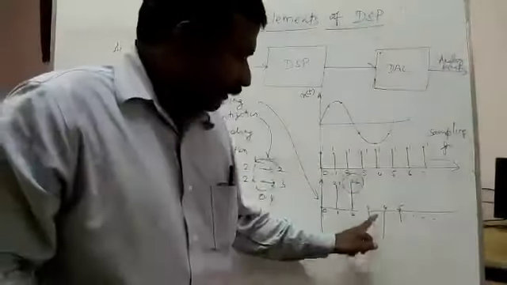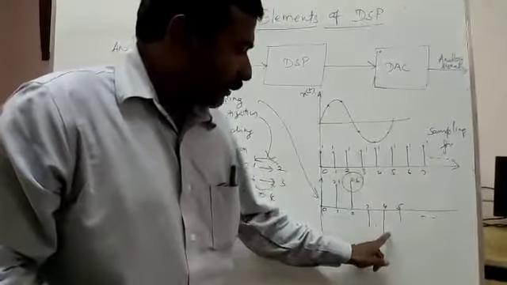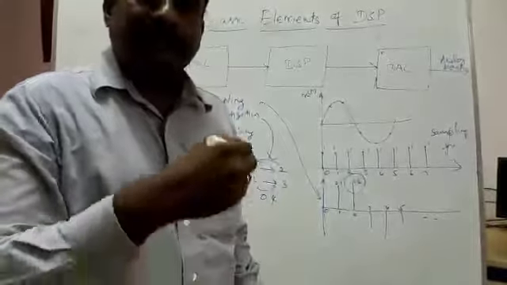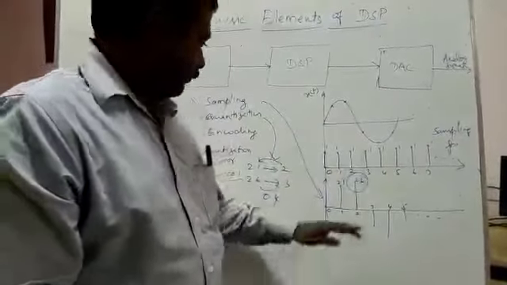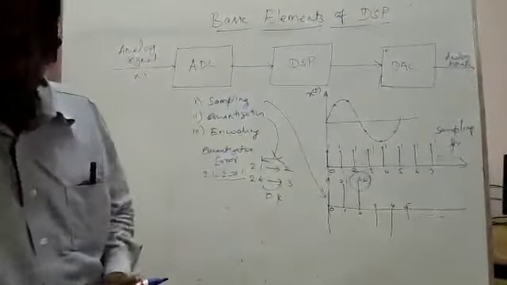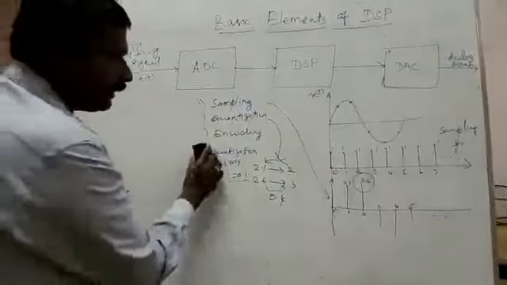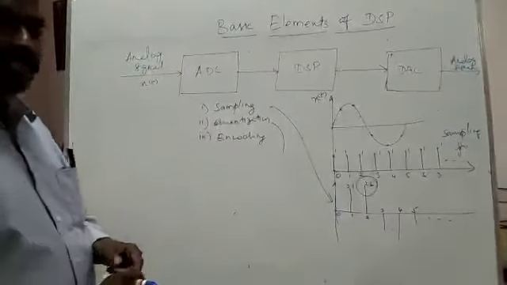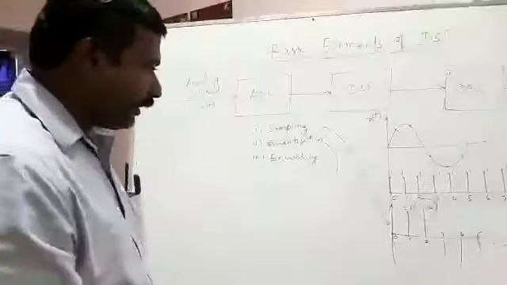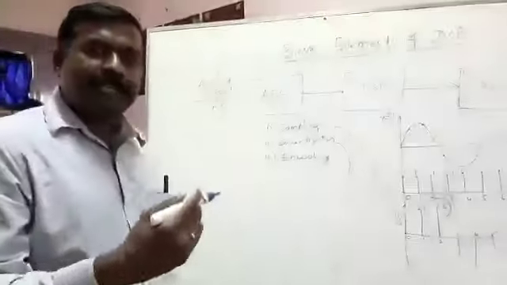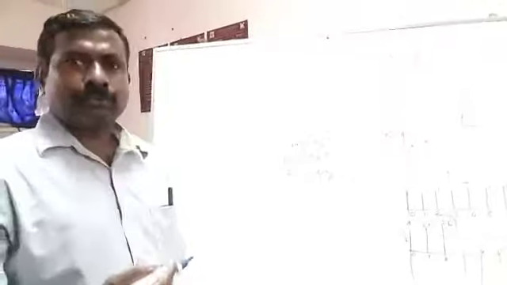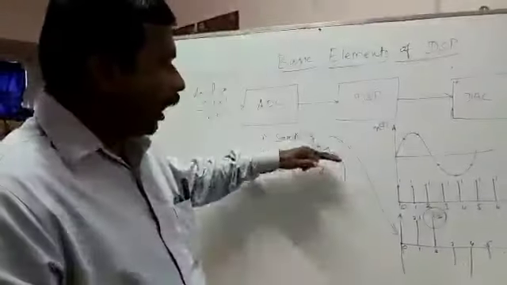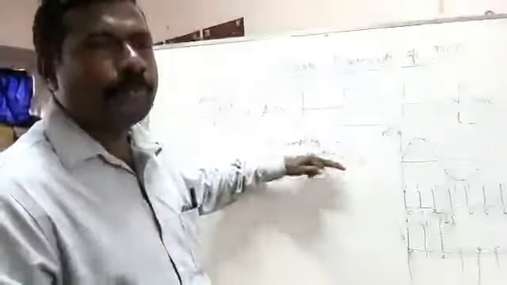Similarly, all the fractional sample values or the amplitude values are converted into their nearest integer values by means of the quantization process. So this is the quantization process. Then the third step is the encoding. As you are all very familiar in digital, you know the meaning of encoding. Encoding is assigning binary numbers to the decimal values. Here, what are the decimal values? The decimal values are the output of the quantization.